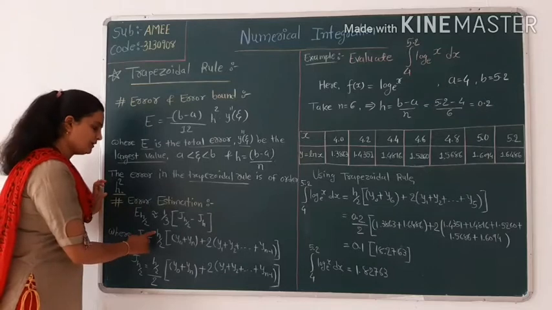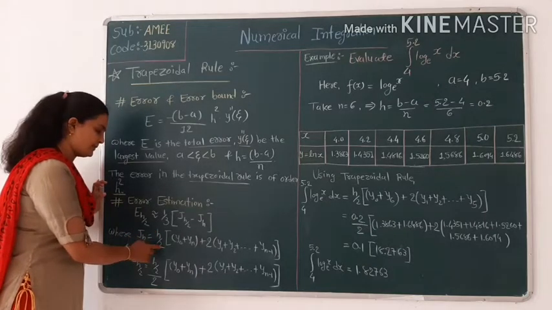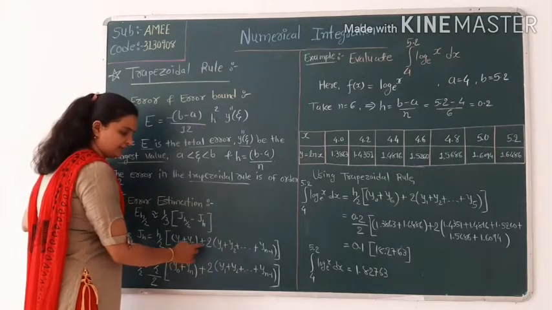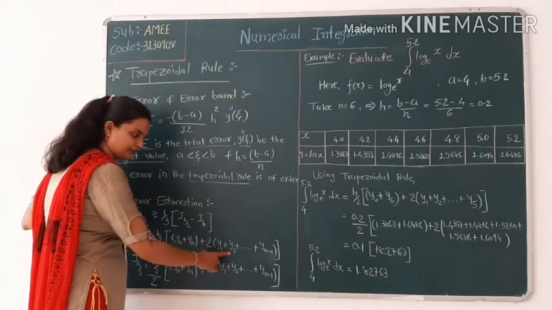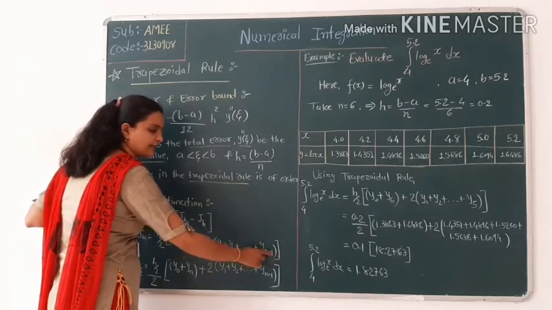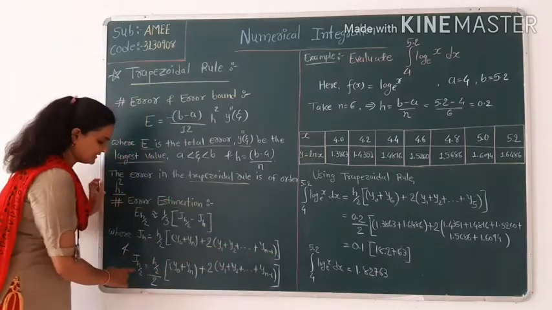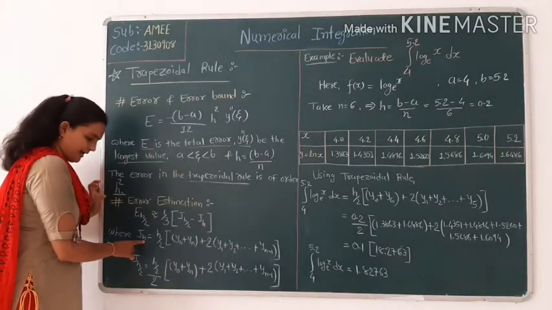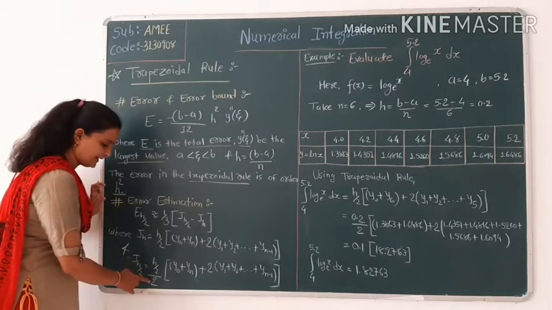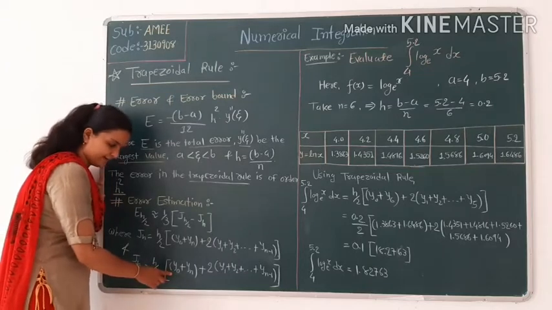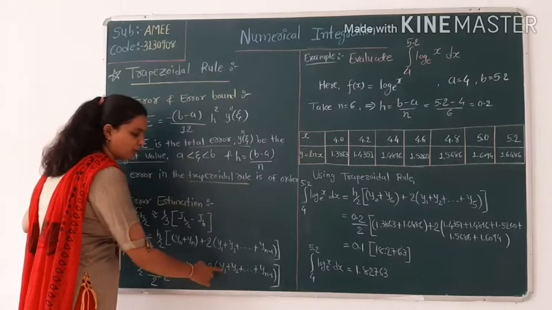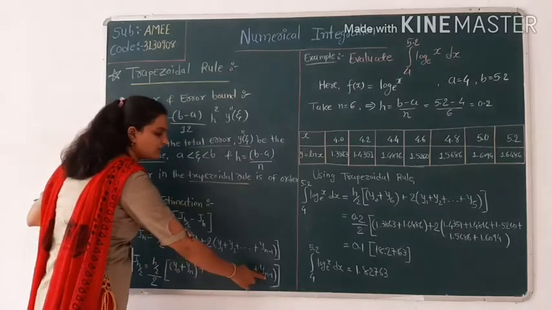equals, same way, the trapezoidal rule formula: h by 2 times the sum of extreme ordinates, which is y0 plus yn, plus 2 times the sum of the remaining terms, which is y1 plus y2 and so on up to yn minus 1. And J_{h/2} is with half of h, so h by 2 by 2, times the sum of extreme ordinates y0 plus yn plus 2 times the sum of y1 plus y2 and so on plus yn minus 1.